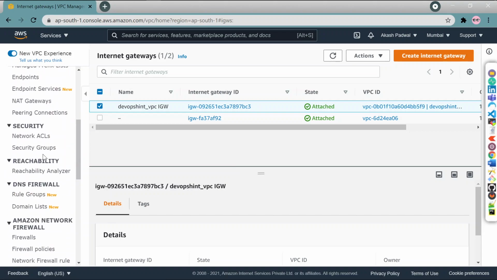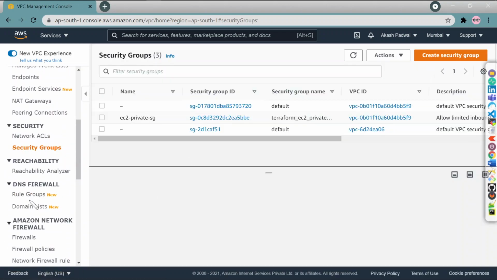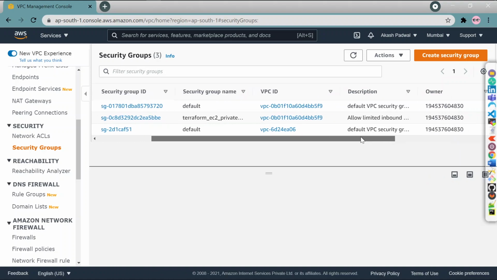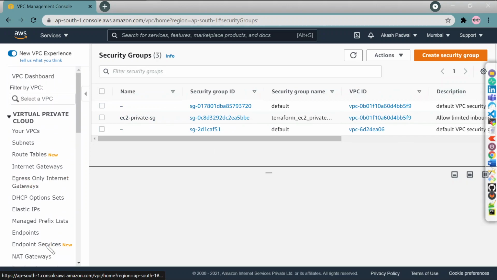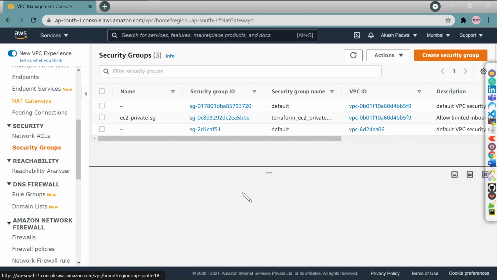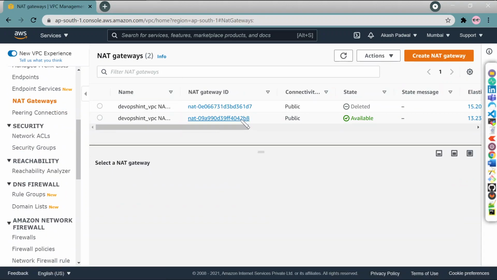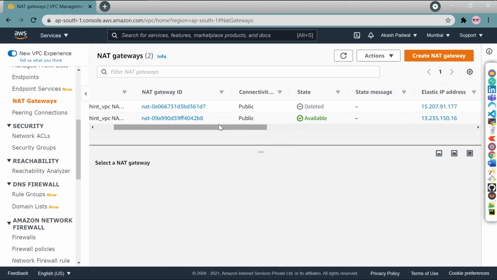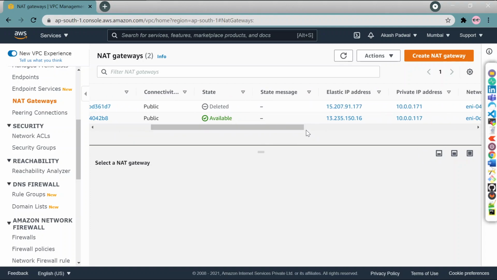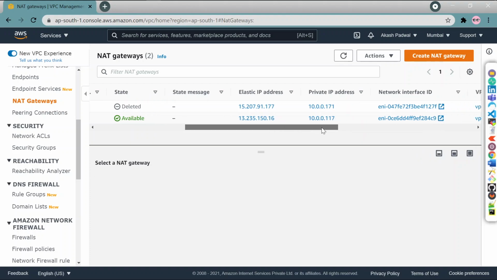Then you can also see here the security groups, the EC2 private security group. Then we can see the NAT gateway. So our DevOps NAT gateway is added, the public one, and an Elastic IP has been assigned to it.